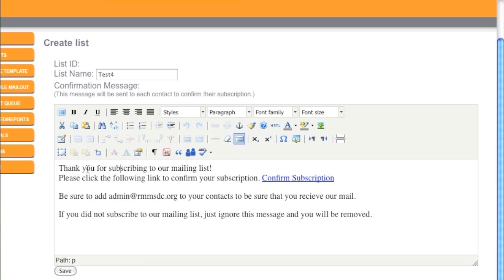You'll also notice a pre-populated confirmation subscription message already in the content box. Please note that under no circumstances you are to modify, delete, or alter this confirmation subscription. Further, if you would like to